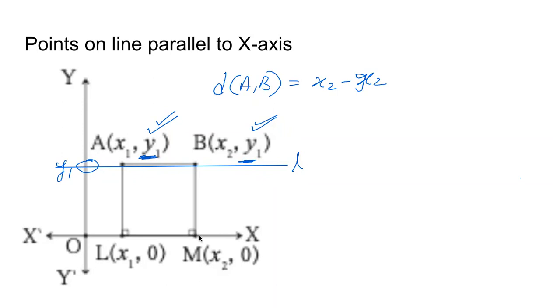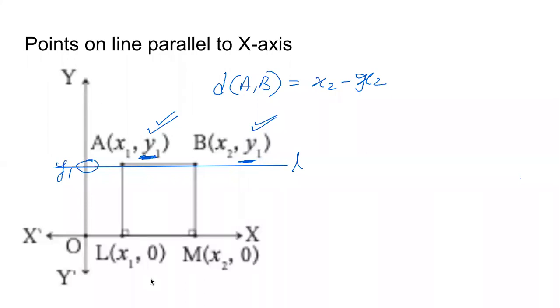And if you try to understand using geometry, now imagine a line perpendicular from A onto the x-axis. Imagine a line perpendicular from B to the x-axis. So those points will be L and M, where L will be x1 comma 0. Why has y1 become 0? Because now the point is on the x-axis. Why does x1 remain as x1? Because it is perpendicular. The distance from the y-axis hasn't changed. The distance from the x-axis has become 0. Same thing with B. So the distance between A and B is same as the distance between L and M.